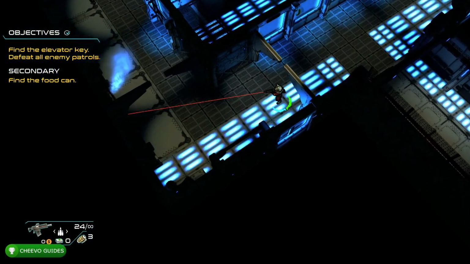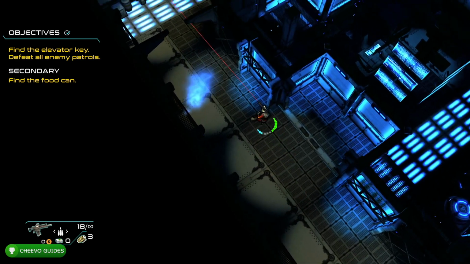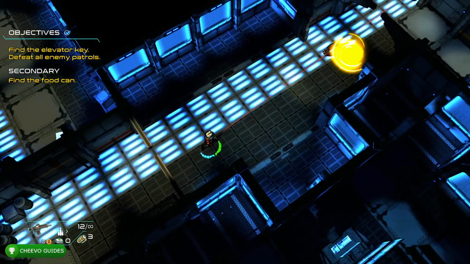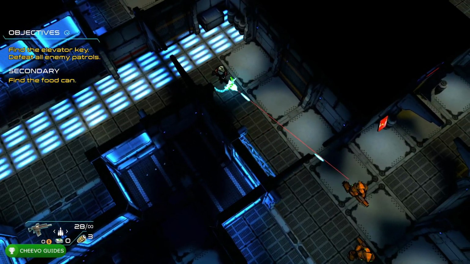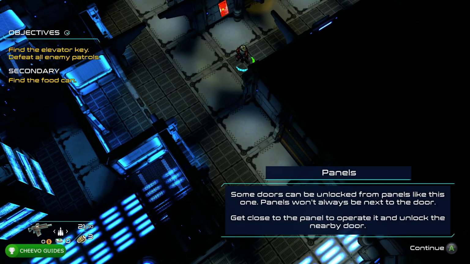Aside from that, you can roll with LB and you can reload with RB. And you're basically going to use your sticks to aim and move around and right trigger to shoot. Aside from that, you can press left trigger to go ahead and throw a grenade. But for now, we're just going to do a loop around here. Make sure that you kill all of the